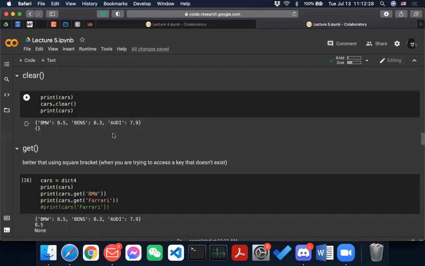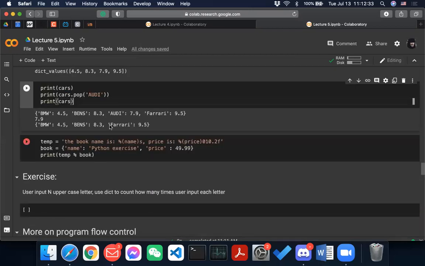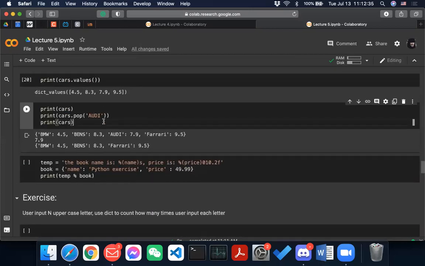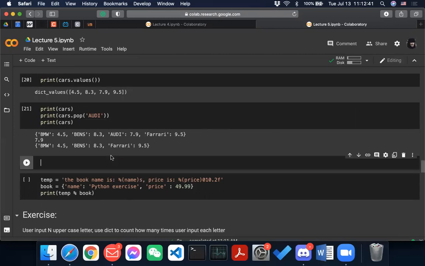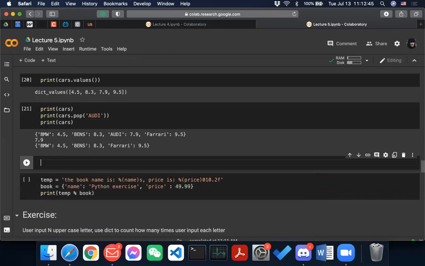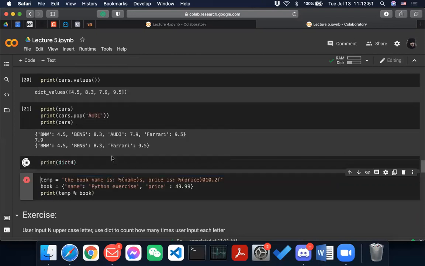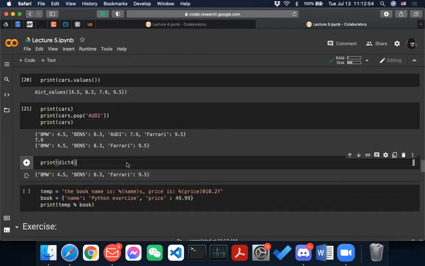So we can actually do a little experiment, right? Let me do a little exercise. So I add a code cell, dict 4, and I just print dict 4, right? And so here it is, BMW, Benz and Ferrari, right?